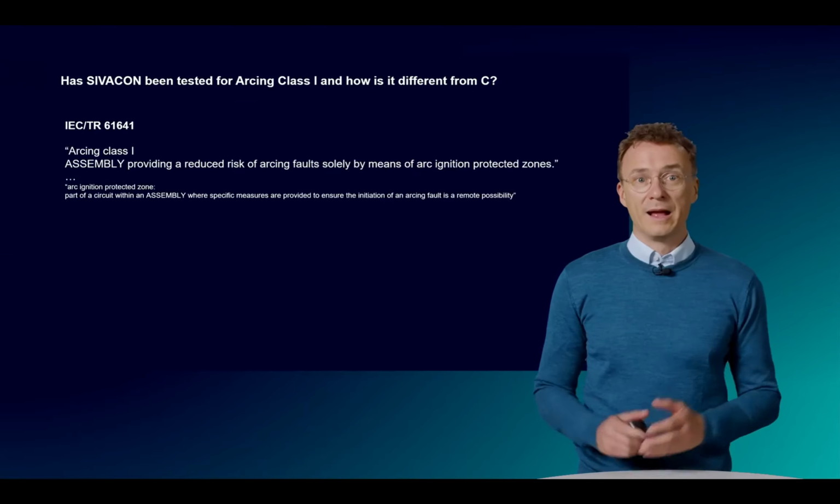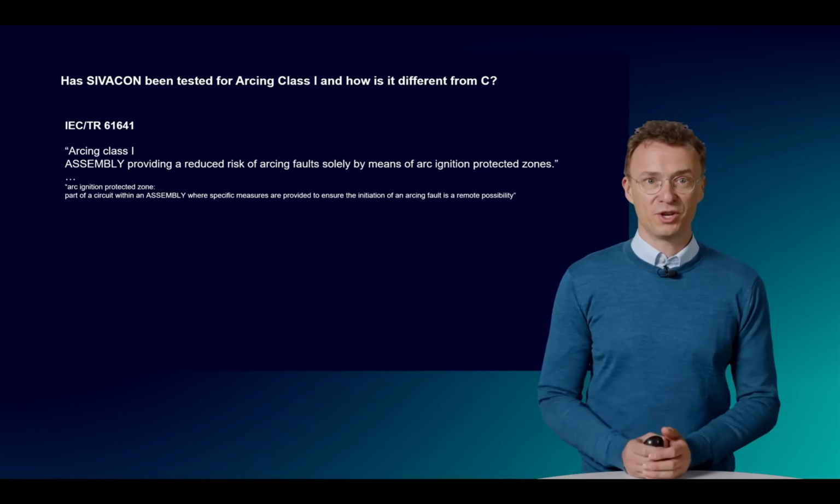Next question. Does the IEC ask for arc protection as a mandatory means for low voltage switchboards, or is it up to customer needs? Currently, arc fault protection is not a part of the IEC 61439, so it needs to be agreed between customer and manufacturer separately. And with that, we have come to the last question.